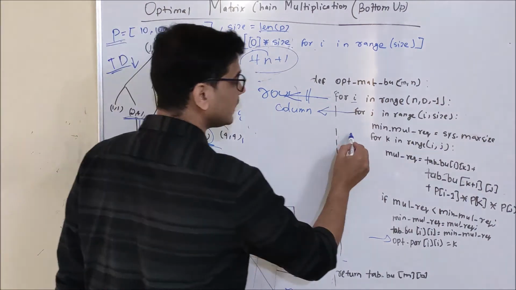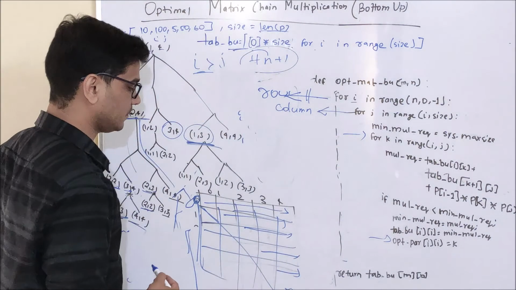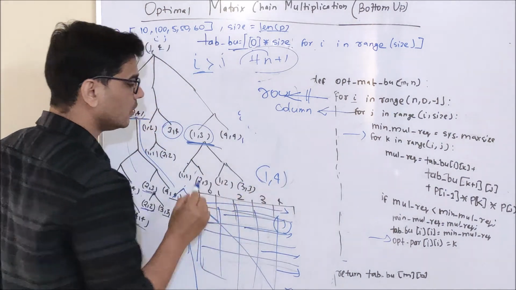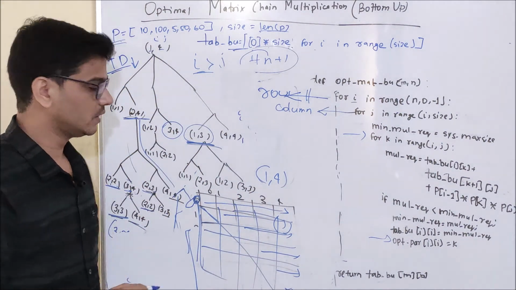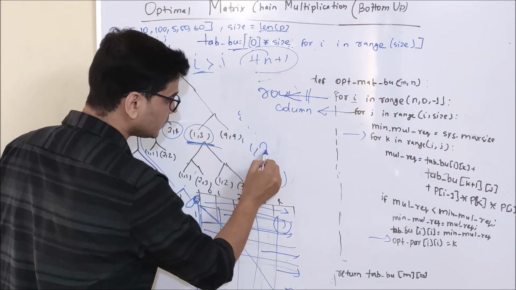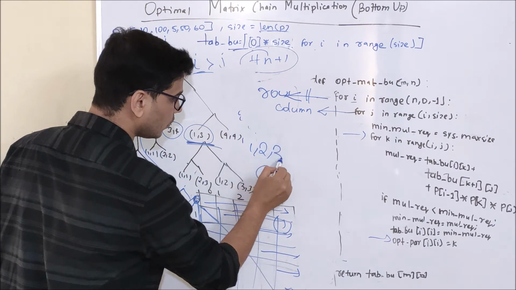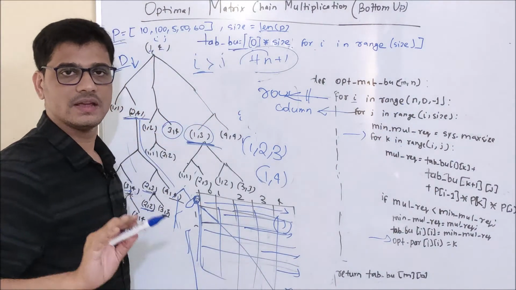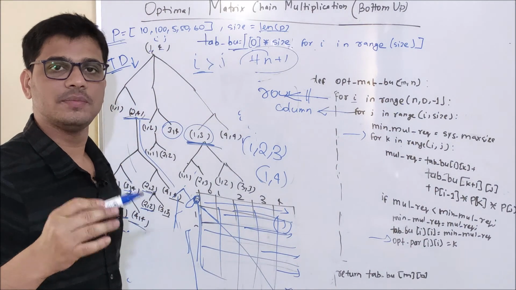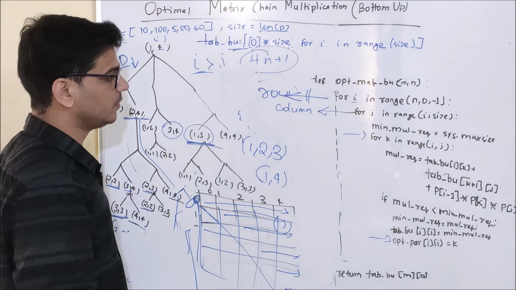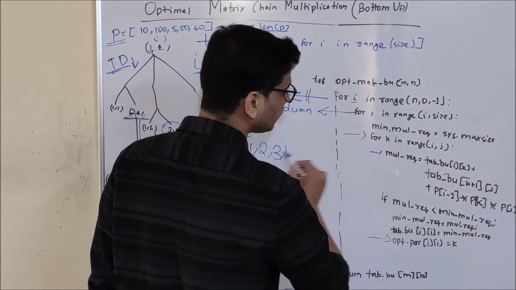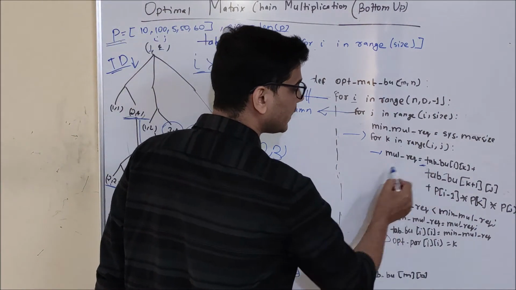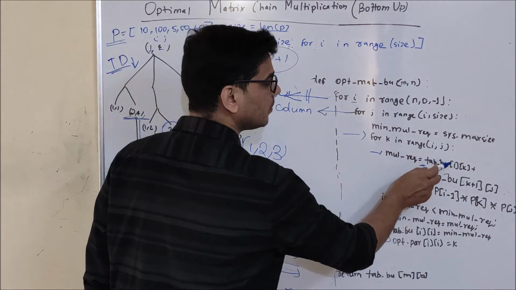But you will be thinking, why this third for loop? See, suppose I want to update 1, 4. So what I was doing in the recursive code, I was giving is parenthesization after 1, 2 or 3. So the same thing I am doing here. For k in range I to j, I will be giving parenthesis, and for every parenthesis I will be checking the number of multiplication required. Okay, and here instead of recursive code, what I am doing, I am using table.